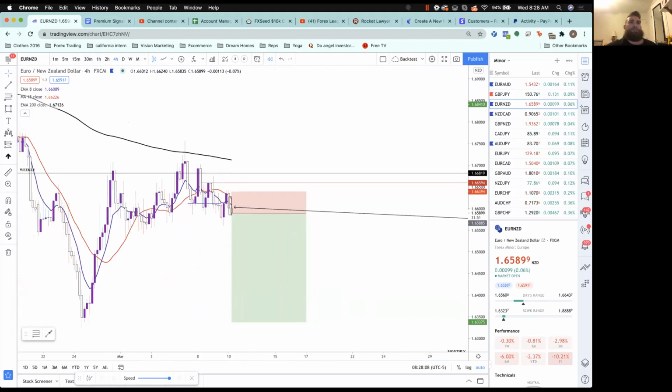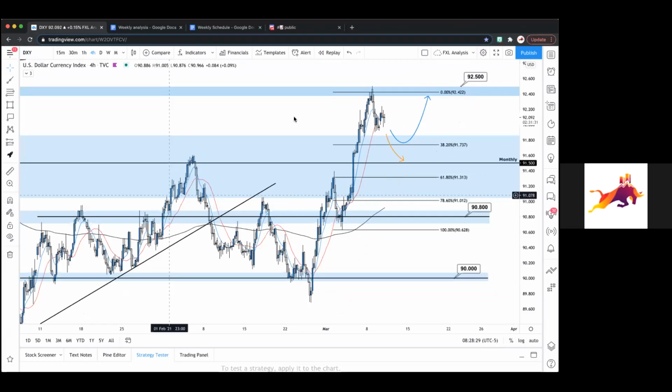So that's the last pair that I'm going to cover for you guys. I'm going to pass it over to Nick, and he's going to get into some more trades for you guys, including gold, DXY, and a quick recap on DXY and some other pairs. But yeah, that Euro trade looks really good, Euro NZD. Yes, sir. Love to see that consolidation area, and then once it breaks, it could be in for a